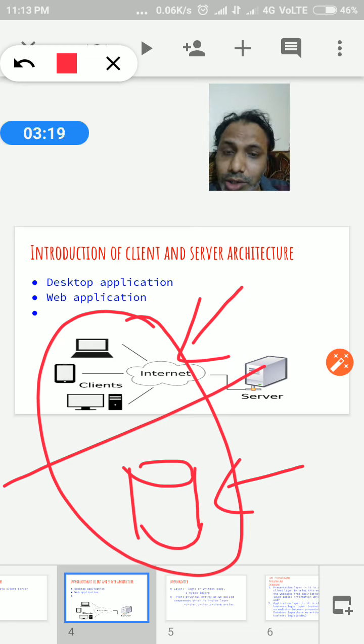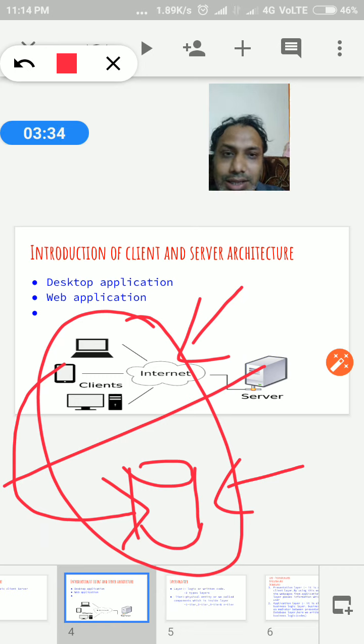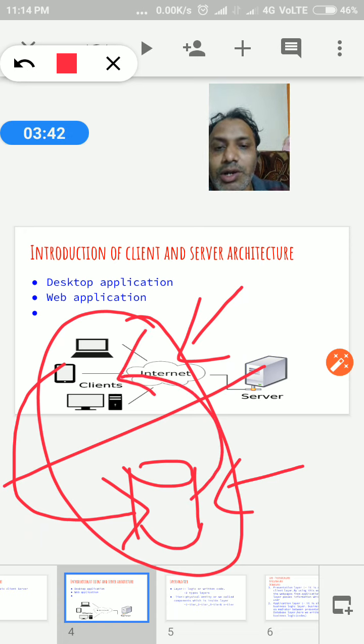According to that diagram, the client sends the request to the database, or we call it the client sends the query to the database. Once they send the query, the database server finds the query and processes it. Once the process is complete, it gives the response to the particular client.